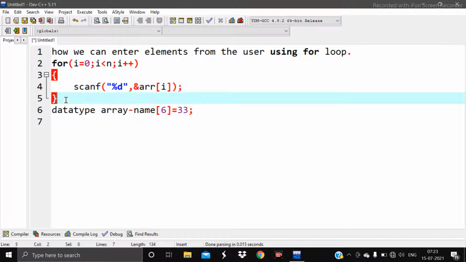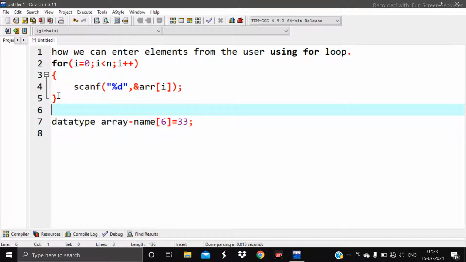But what if you want to declare the elements of the array itself, not just one element, the whole elements of the array? Okay, so for doing that you have to use this syntax. Firstly you have to write the data type, then the array name, and then the total size, for example 10, and then equal to, and then start curly braces.